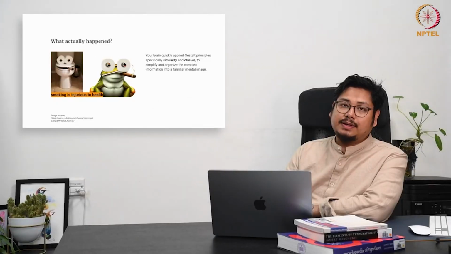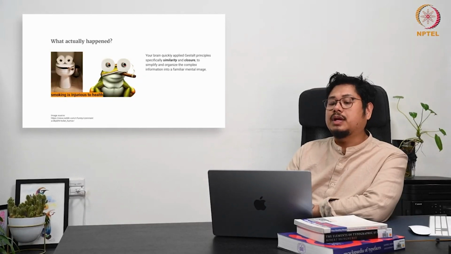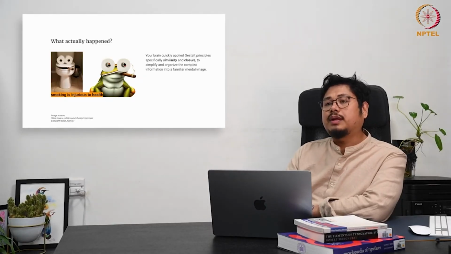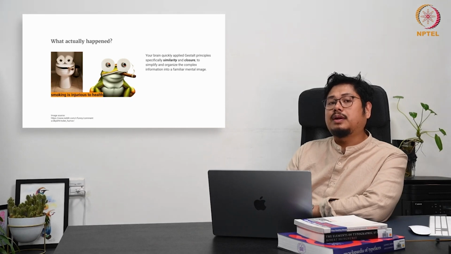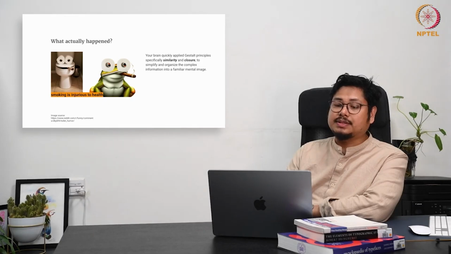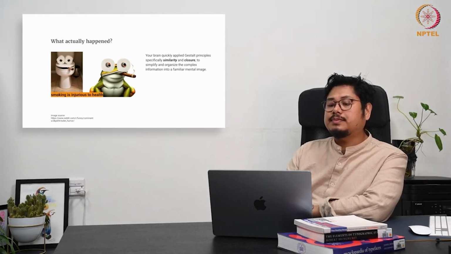Again, a familiar mental image is the part that talks about your past experience. Suppose you have no exposure to how a toad or a frog looks, this representation may lead to another representation which is totally different, based on your past experience. This kind of experience comes when you are quite familiar with the previous information, and your brain is quickly trying to create an image out of it,